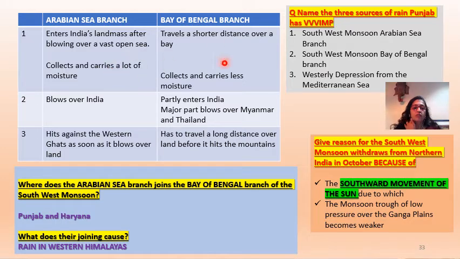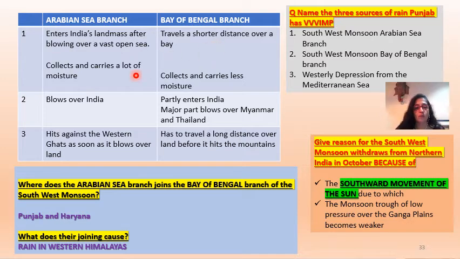A very important difference, you must learn this, between the Arabian Sea branch and the Bay of Bengal branch. The Arabian Sea branch enters India's landmass after blowing over a vast open sea. The Bay of Bengal branch travels a shorter distance over a bay only. So the Arabian Sea branch travels over a larger water body, so it carries a lot of moisture. The Bay of Bengal branch of the southwest monsoon travels over a bay, a smaller water body, so it carries